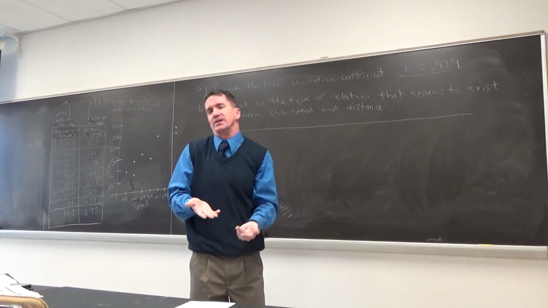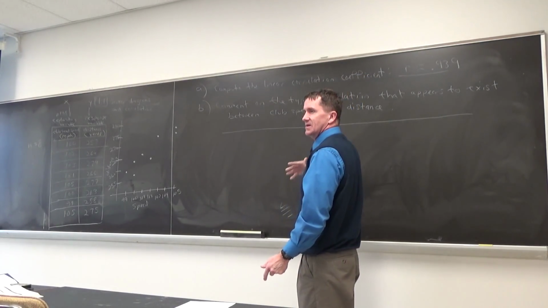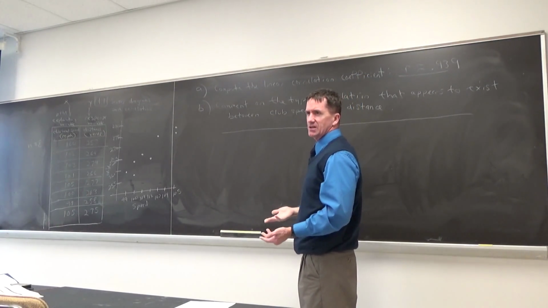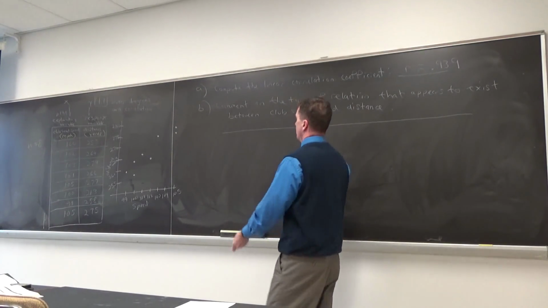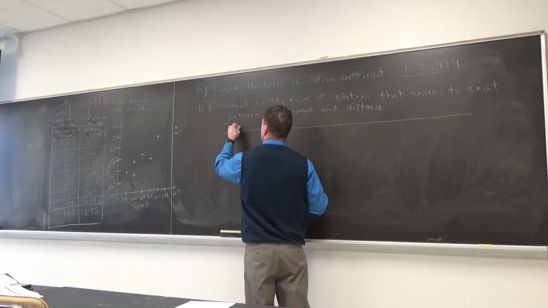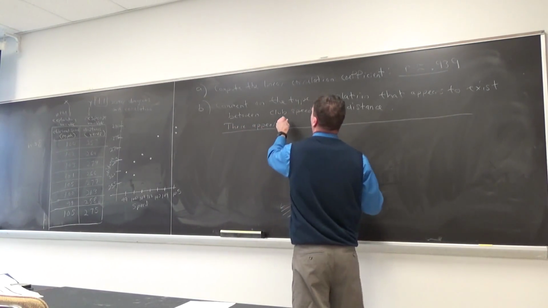And this is how we talk in statistics. All we did was get this number here. So there are other things we possibly should check. So let's start out with: there appears to be. That's how we talk in stats. We'll say, well, there appears to be. For right now, there appears to be